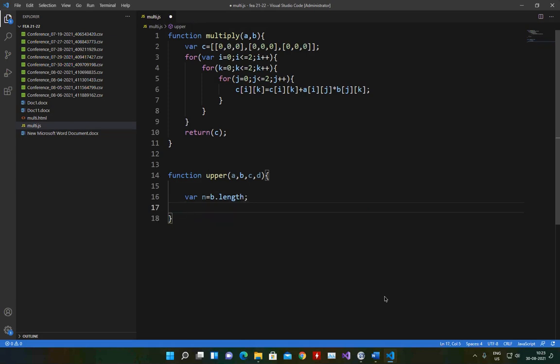So that is my N. So B is a diagonal, so I'll get the exact number of how many B's are available there.